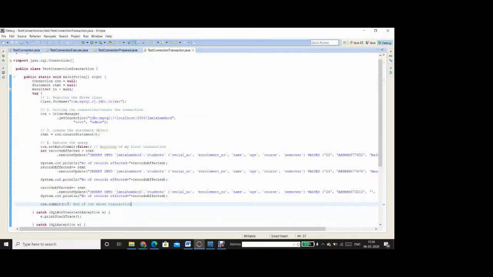So you can be rest assured that until you reach this particular line, that is con.commit, the state change of the database will not happen because of any of these queries, right?